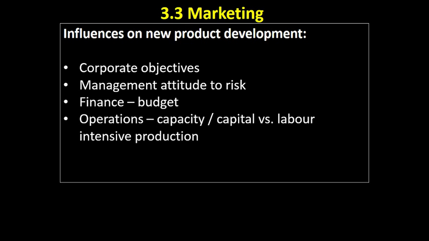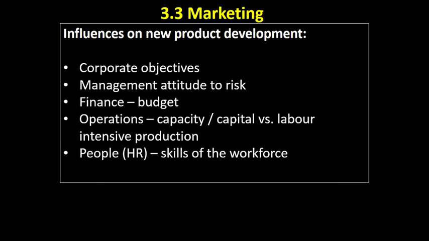The capacity of the factory. It's all very well us developing a new product, but if we don't have the capacity in our production to produce that product, then there's no point in doing it. Whether our business is capital or labour intensive, what are the skill levels like? Are we able to produce? We might come up with a great prototype, but in reality, do we have the machinery or the labour skills to produce that? And that ties in with the HR function as well. So they're the internal influences on new product